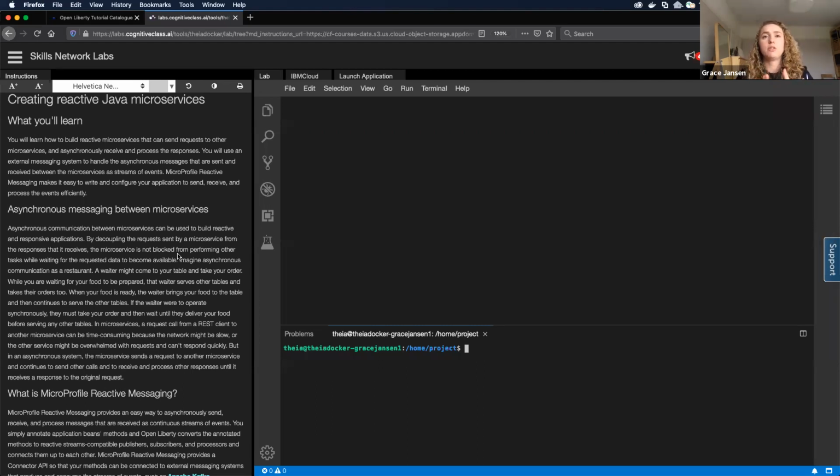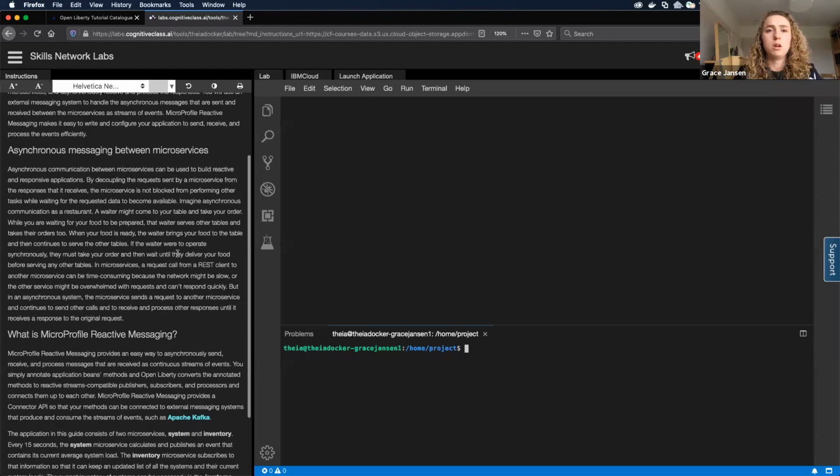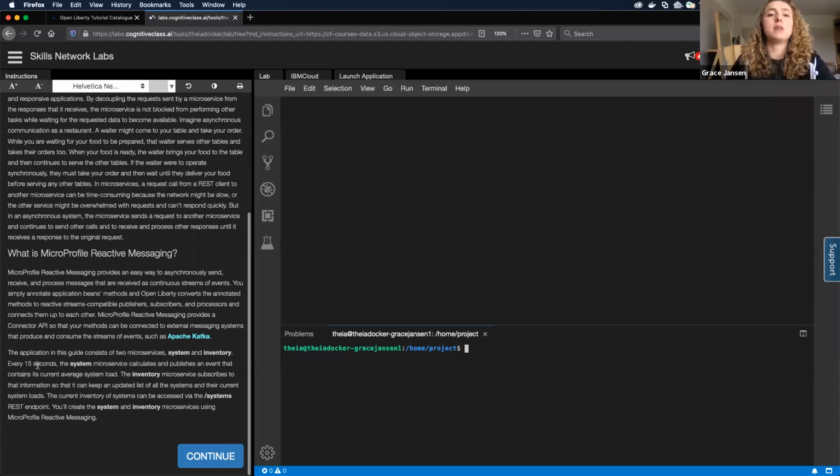So we're connecting to Kafka here, and then the inventory microservice consumes from Kafka and updates that every, I think it's 15 seconds. Here it is, it's every 15 seconds. I'm just going to move my laptop so I can see my screen properly. Hopefully you guys can still see me clearly.